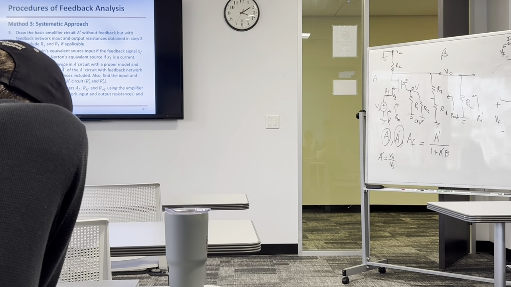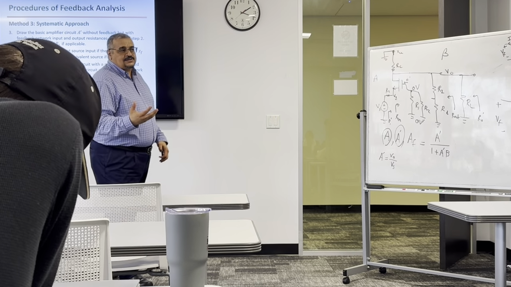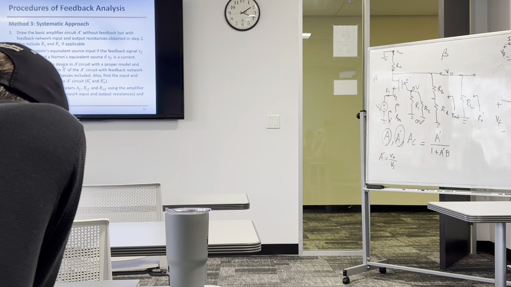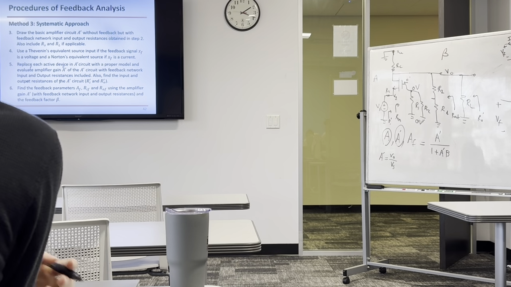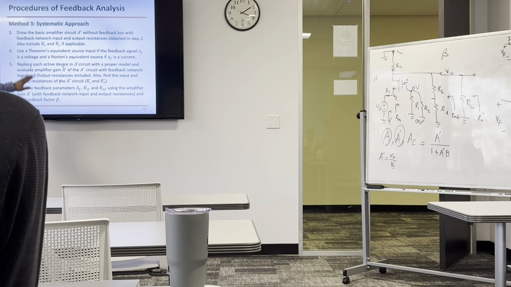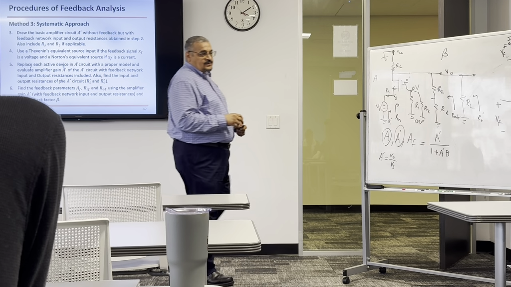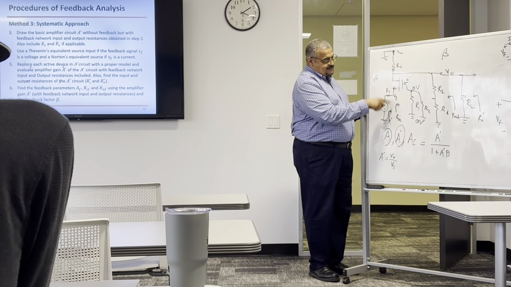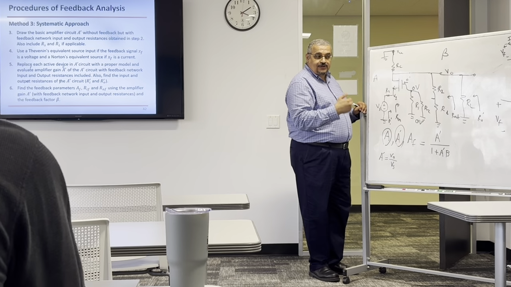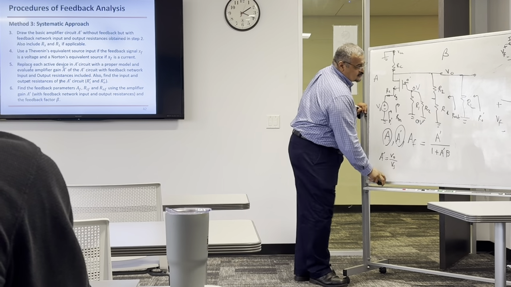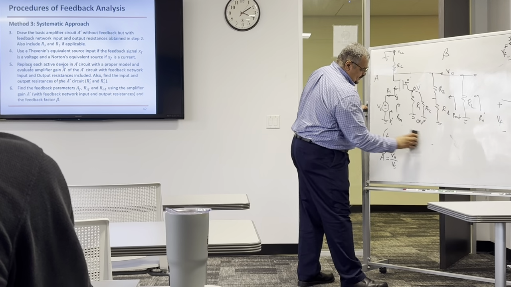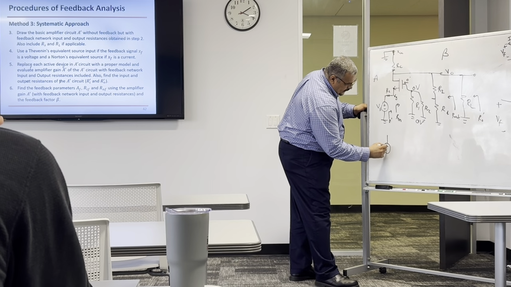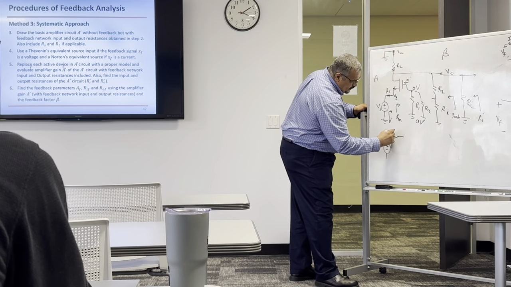Use Thevenin equivalent. Sometimes you are given a current amplifier, but the input is a voltage. But you know that this is a current amplifier: input current and output current. Then you have to use the source transformation. So if I'm telling you that this is a current amplifier, but I give you a voltage, then you have to replace this Vs and Rs with the Norton equivalent. You know how to transform a voltage source to a current source and vice versa, right? So if you know that this has to be a current amplifier, and the input was given in a form of Vs and Rs,